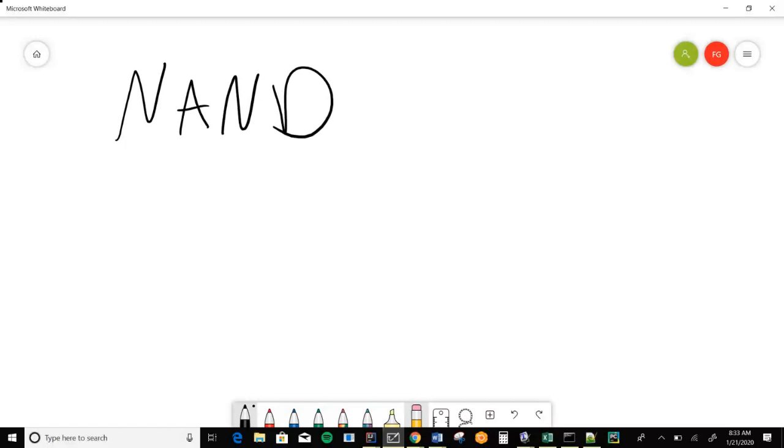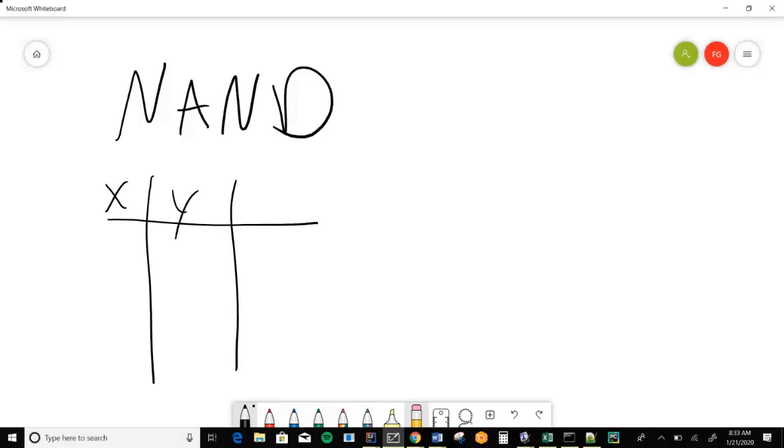A NAND gate is going to have two inputs and one output. The inputs are just streams of electrons, and it can either be lots of electrons, a 1, or very few electrons, a 0. Okay? So let's draw ourselves a little truth table. I'm going to have X and Y representing the input streams, and then we'll have X NAND Y over here.